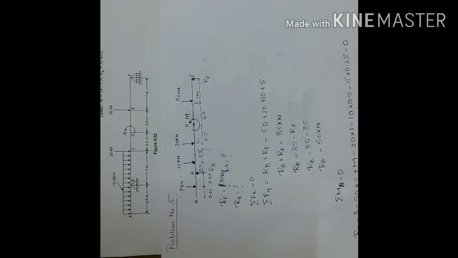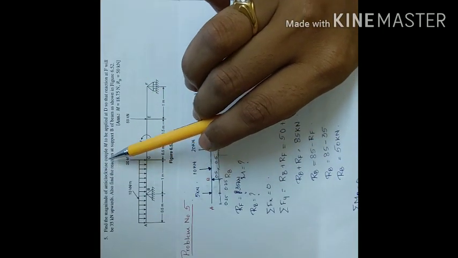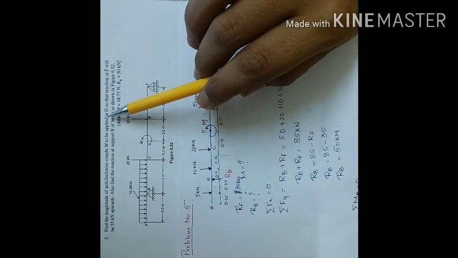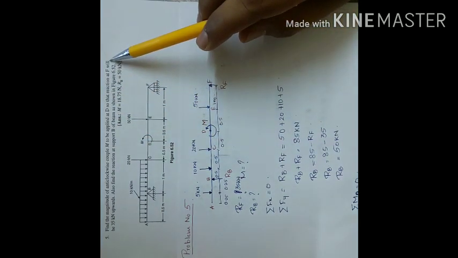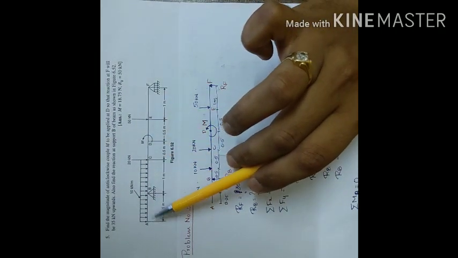Hello students. So today we'll be solving the remaining problems, the continuation part. Here you can see the fifth problem showing the question. Find the magnitude of anticlockwise couple M to be applied at D so that the reaction at F will be 35. That means you can see here the beam is given, one side is overhanged, the other